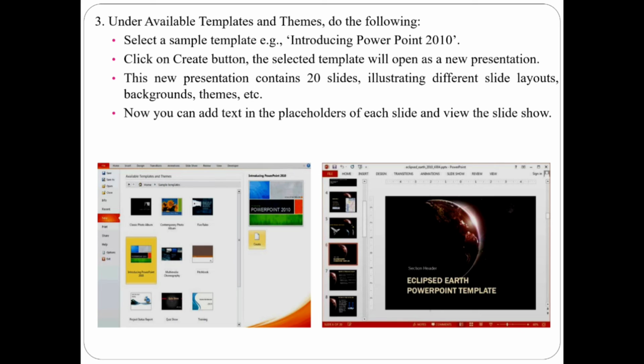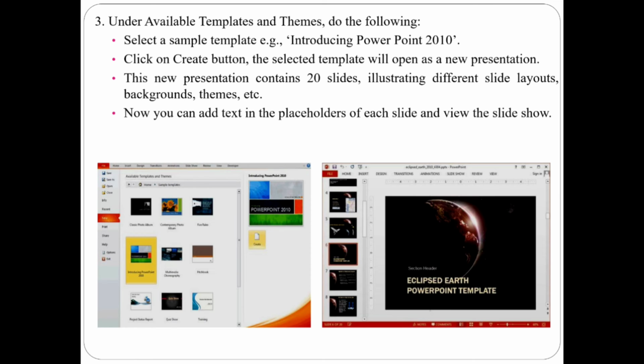This new presentation contains 20 slides, illustrating different slide layouts, backgrounds, themes, etc. Now you can add text in the placeholder of each slide and view the slideshow.